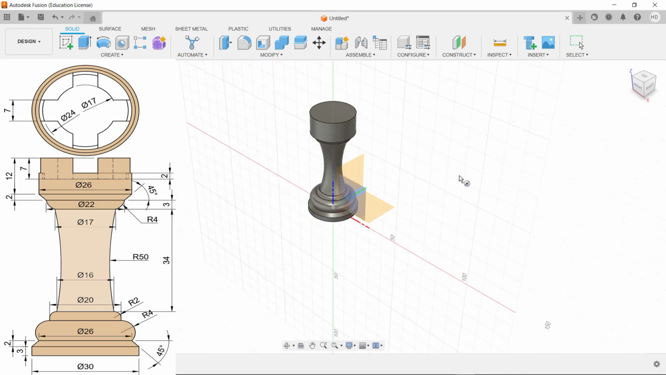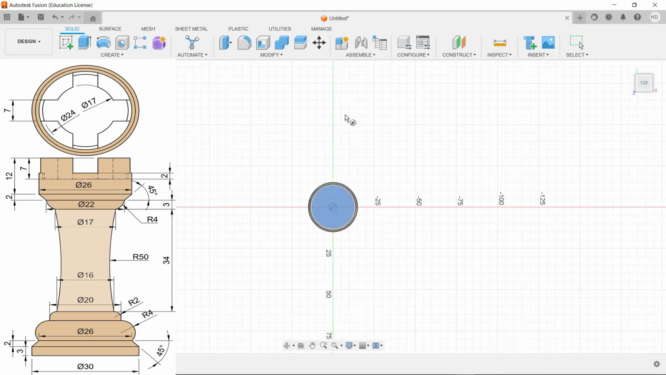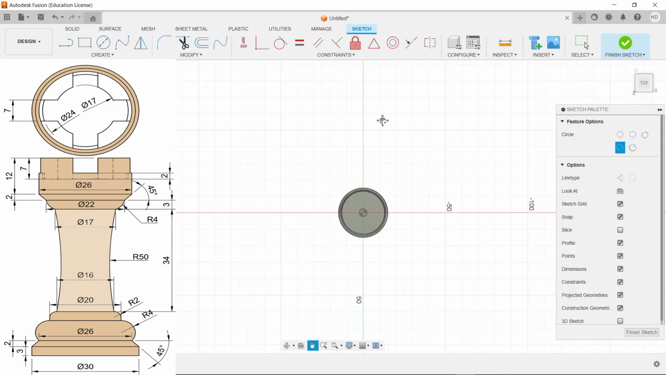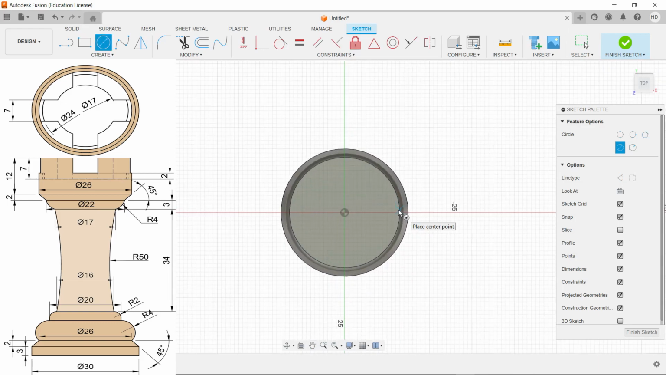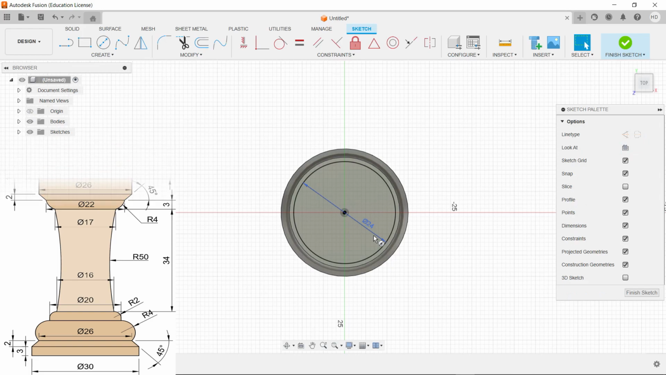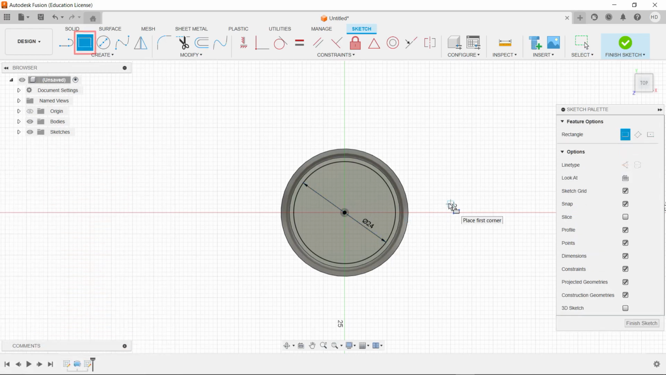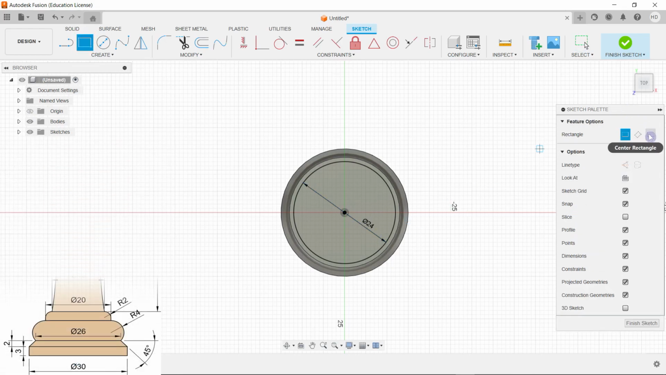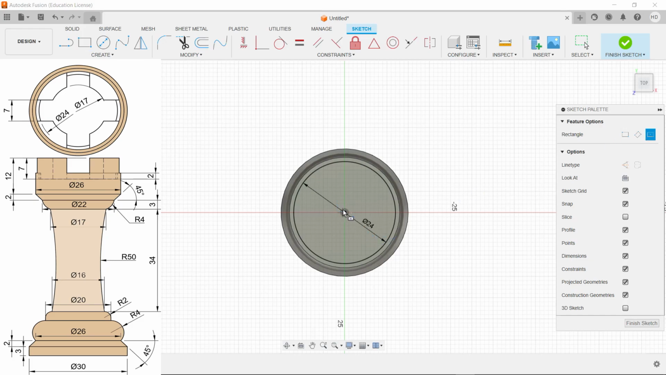Press C on your keyboard to enable the circle tool. Click on top of the piece to select it as the plane to sketch on it. Starting from the origin, draw a circle of diameter 24 mm. Press R on your keyboard to enable the rectangle tool. Select the centered rectangle. From the origin, pan out a rectangle of any length, but having a width of 7